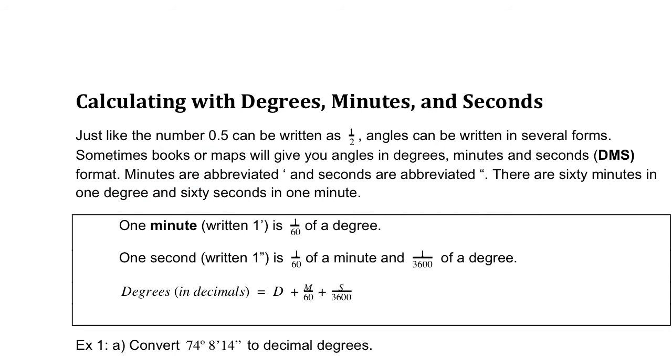So we can measure angles with degrees, and just like a number like 0.5 can be written as a half, so angles in degrees can be written with a little bit more precision, and we'll use minutes and seconds, and it's a lot like working with time and a clock. So 1 minute,